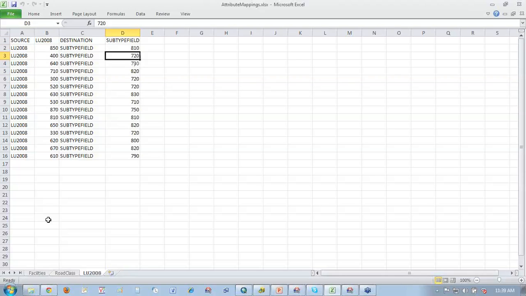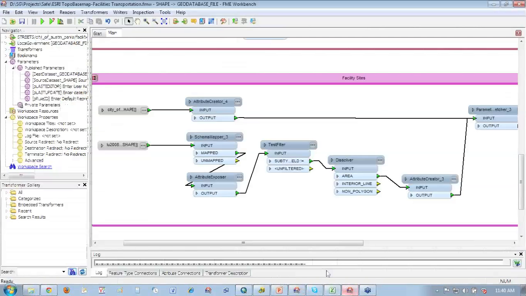And maybe equally hard to figure out were the subtype field values that I needed in the target data model. So these things like 810 and 720 would represent broad categories like education or medical and that sort of thing. And that's really what we're loading in this case. But of course, just using all of the land polygons wouldn't really be a good idea because we really just want certain categories of information.